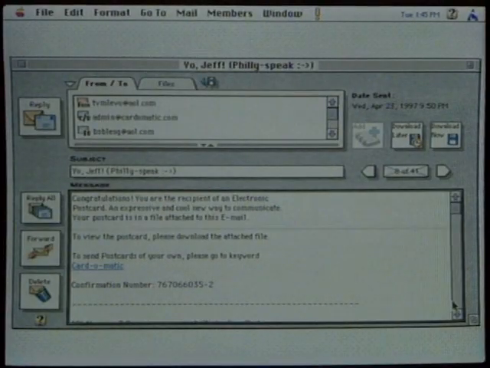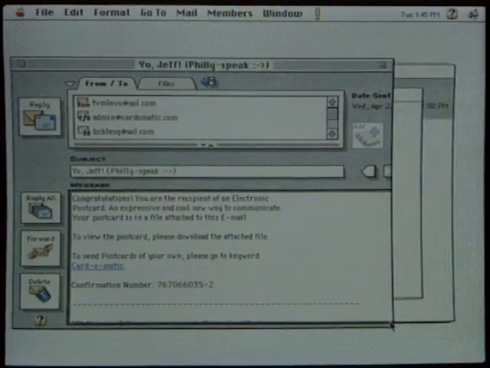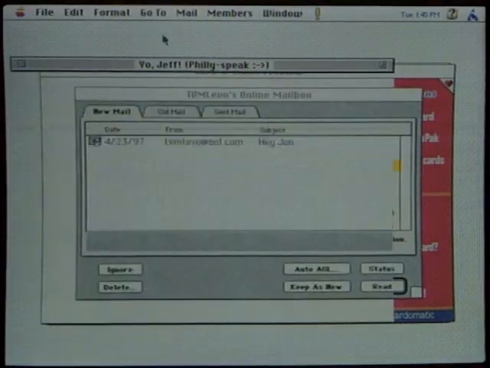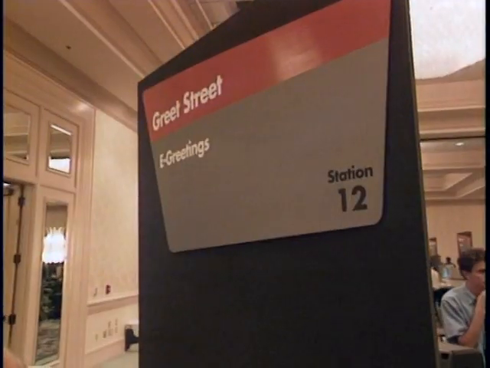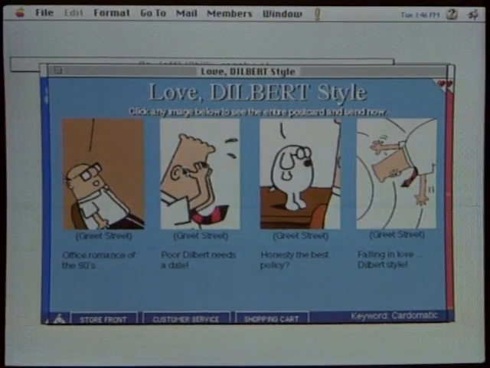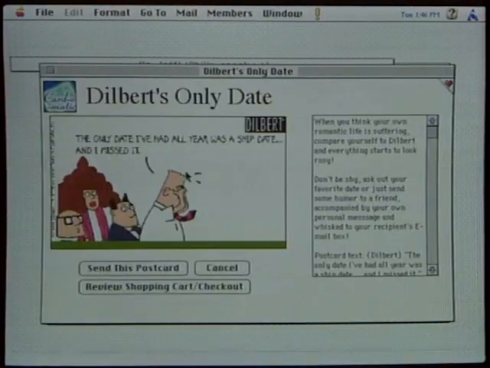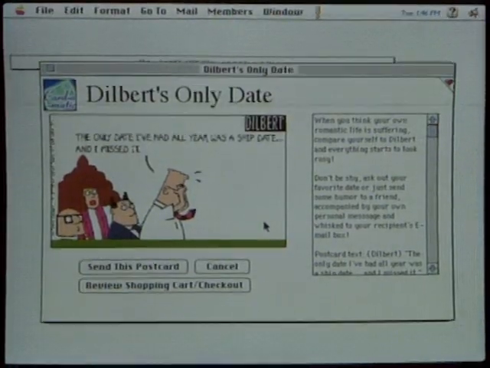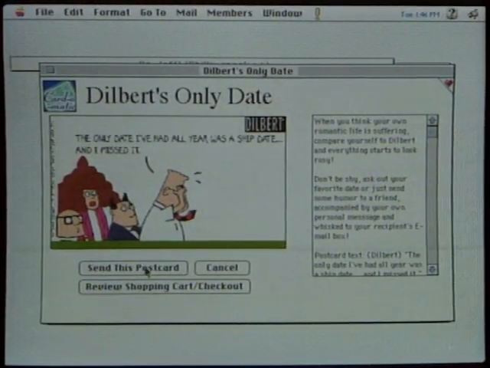Okay, so let's just squish this a little bit. Put it in the background. Silver card, like the one I sent Richard. We could click and have a preview. And if I wanted to send this one,